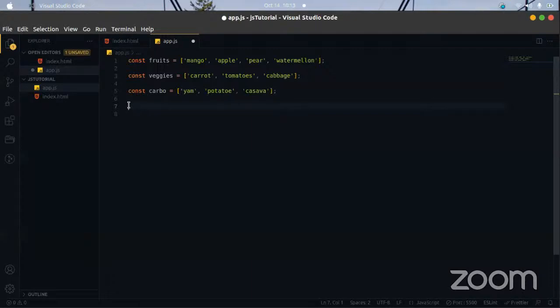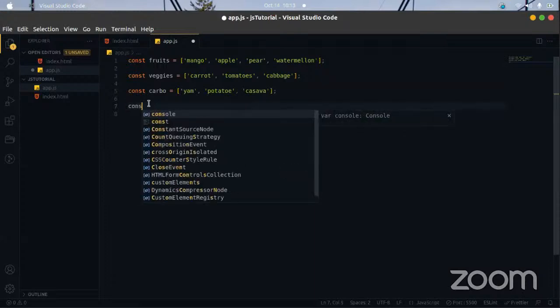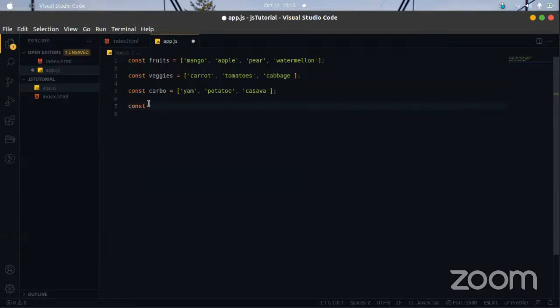Now, the way join works is this. Join brings out all the elements of the array and displays them as a string. Let's say we want to change everything in fruits into a string. So we could just say fruitString, and let's say this is equal to fruits